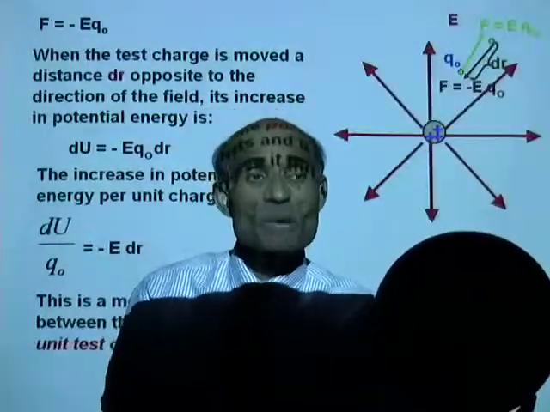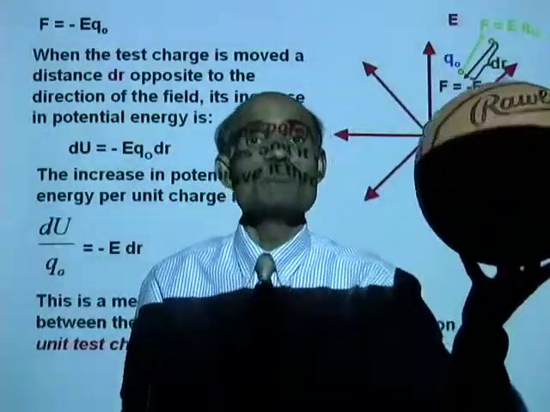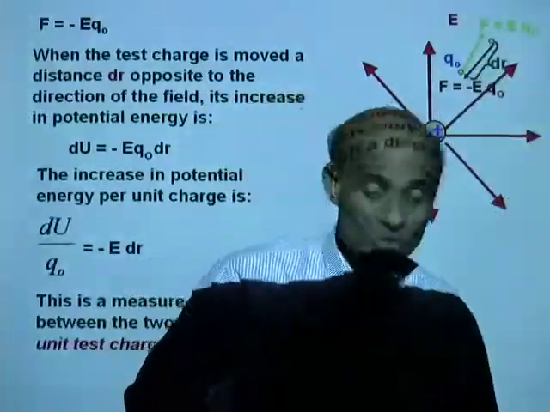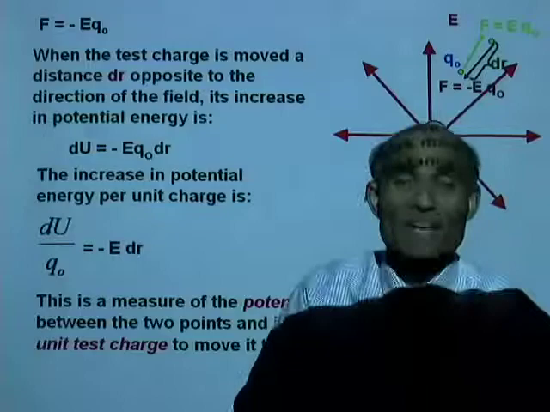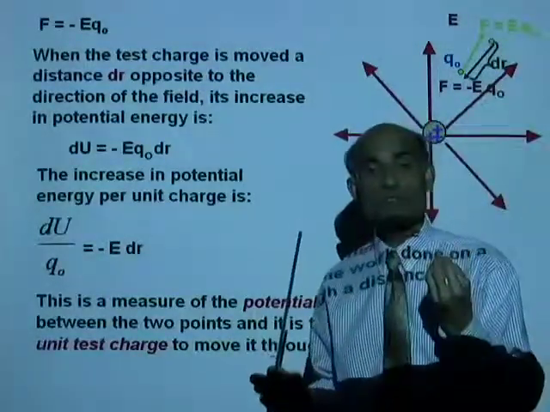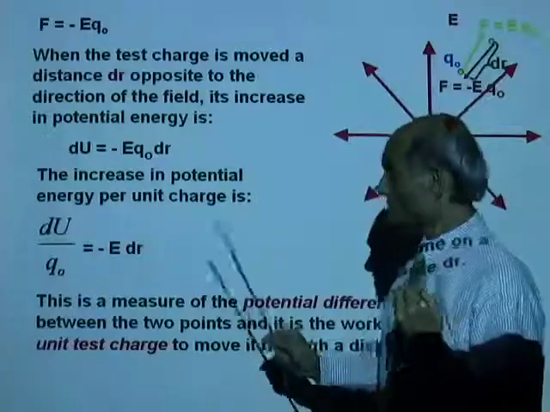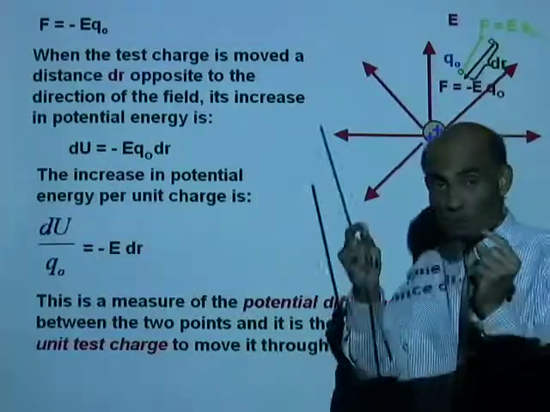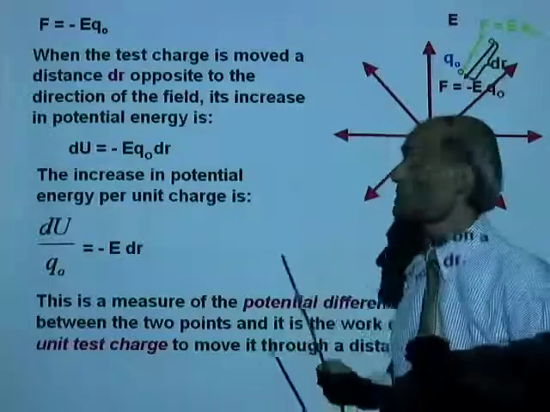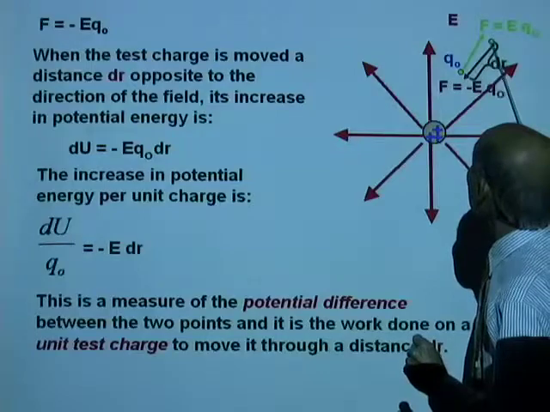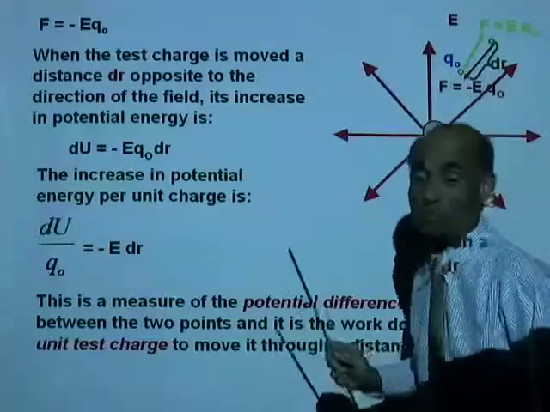Potential difference is the measure of the work done in moving a unit mass from one point to the other. In the same way, in an electric field, potential difference between 2 points is a measure of the work done in moving a unit test charge from one point to